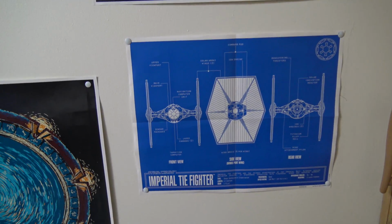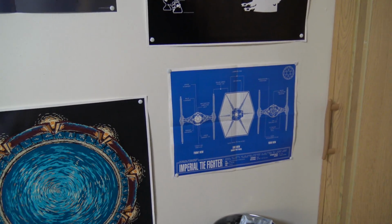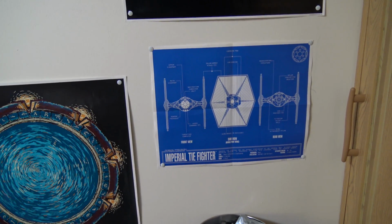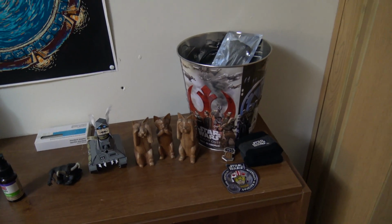Right here is, that actually came from that Power of the Force tie down there. It came in the box. I think the X-Wing and all the vehicles actually came with that kind of blueprint thing. And because I opened it and I'm like, you know what, that looks good on a wall, I'll put that there. We've got my